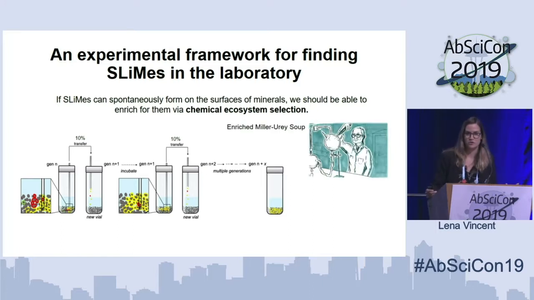So the soup that we use is what we call an enriched Miller-Urey soup. So it's actually a synthetic soup that we make using off-the-shelf reagents. And we make a number of additions to reflect, for example, what you might find in an ocean, so salts, transition metals. And then we also add potential sources of chemical energy. And the one I'm going to highlight here is ATP.